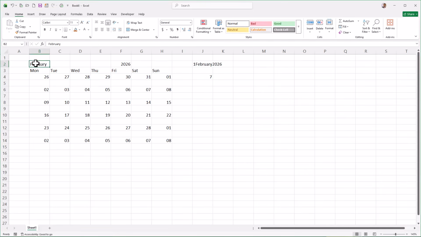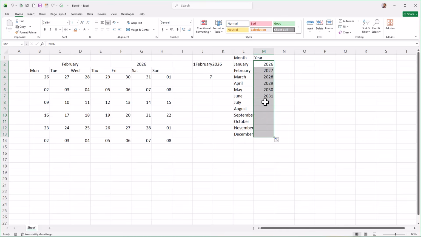Next, select the required cells and merge them. Repeat the merge where necessary to prepare the layout. Now choose any empty area and type month. Press the Tab key, type year. Then move to the next row. Enter January. Press Tab again, type 2026, and hit Enter. Select January and drag the fill handle to automatically populate the remaining months. After that, select the year 2026, hold the Ctrl key, and drag the fill handle to generate additional years as